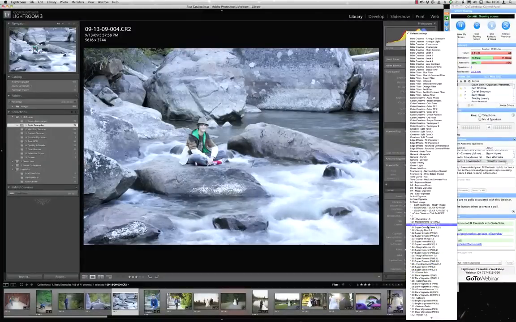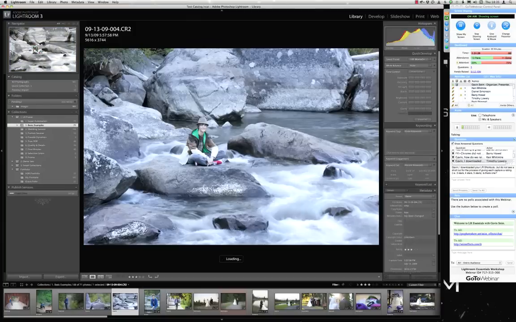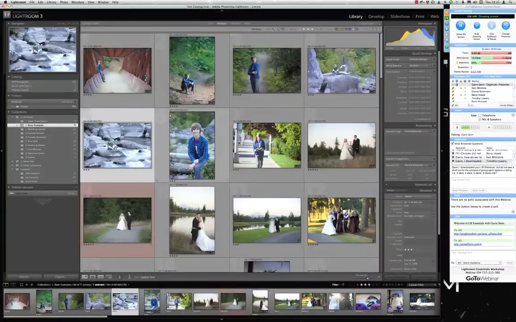let's just put some kind of a monochrome preset on here. So I could do all these conversions, and I could do some of that in the grid mode, but honestly, I would probably wait for that creative stuff to the develop mode, work on the 4s and 5 stars. Then I might take a few of those 5 stars and take those into Photoshop, do some really subtle channel tweaks, maybe play with presets some more, because as we know, in Lightroom, and I don't want to get into